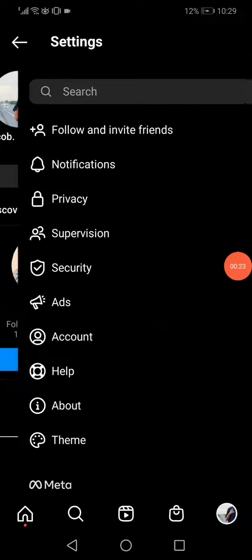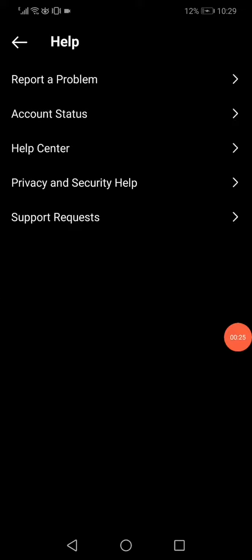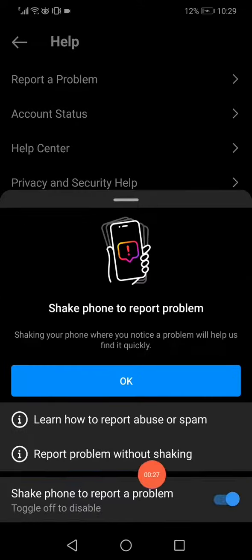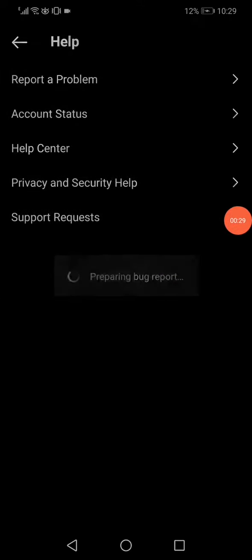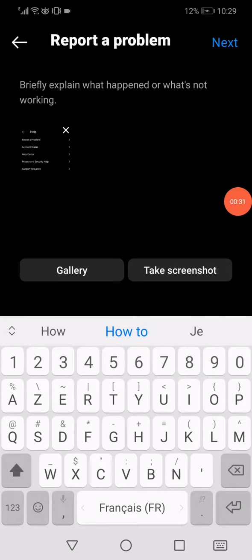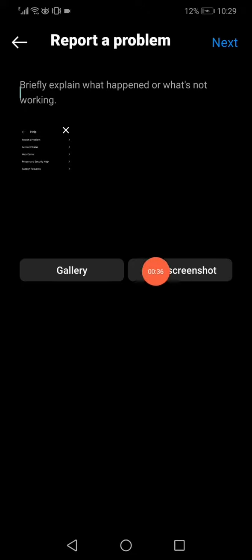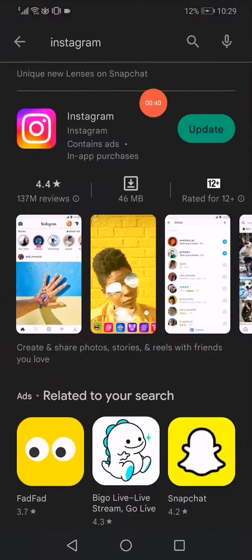click on settings, click on the help option, click on report a problem, click on report problem without checking, and now on this page you will have to report the problem that you have easily and fast with a photo or a screenshot. The second way is you have to update your Instagram in the Play Store or the App